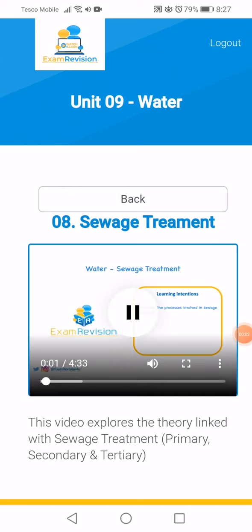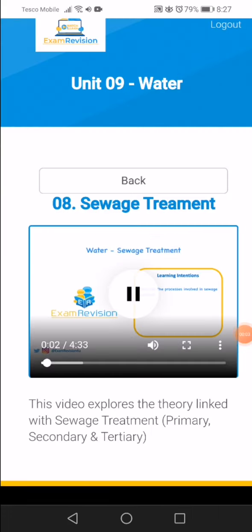Welcome back. So what we're going to look at today is water, and we're specifically going to look at sewage treatment. So our learning intentions are to describe the processes involved in sewage treatment. We're going to start by looking at sewage treatment, and sewage is material delivered to waste treatment plants of